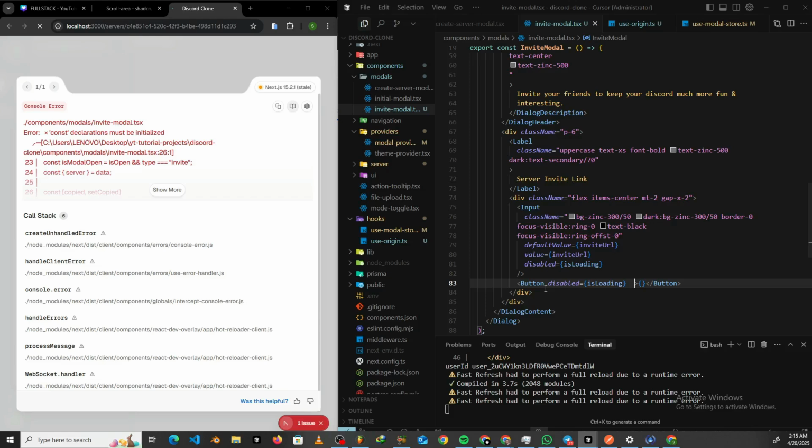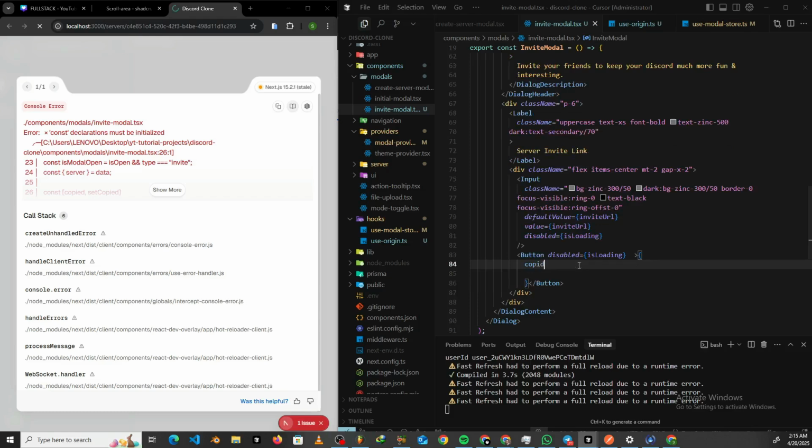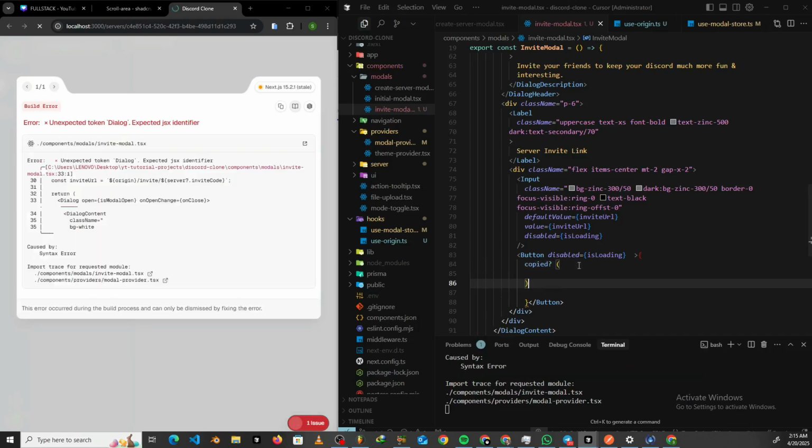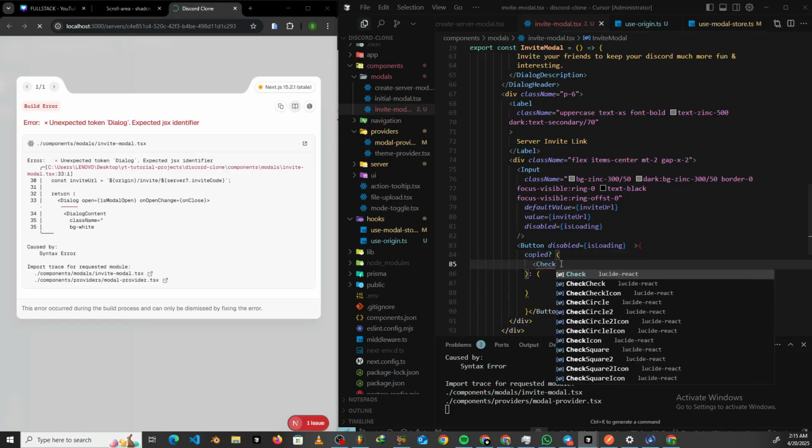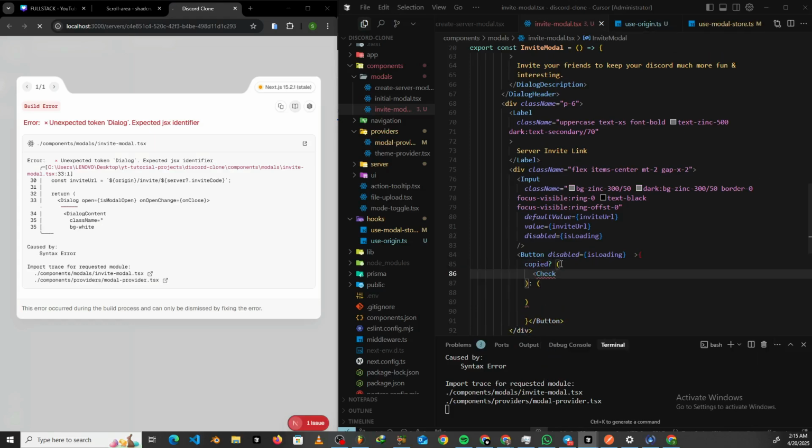So we see when isCopied is set to true, we want to pass in this, and when it's not, we want to pass in that, right? And what do we want to pass in? What we want to pass in is our check. So I'll say the Check icon, and that is going to be coming from Lucide React right here. All right, and